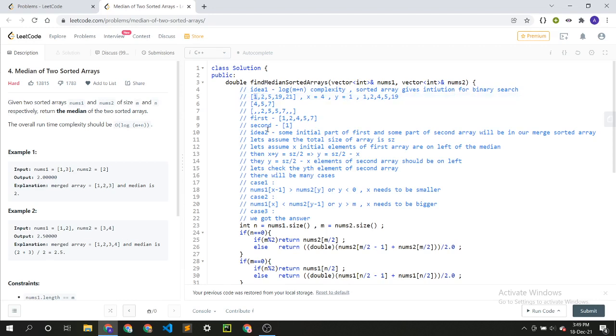We are taking only one from the first array to the left of our median. We are taking first 3 elements from the second array to the left of our median, and 2 is either median or the right part of the median. But here we have 7 which is greater than 2. So 2 cannot be on the right of 7.